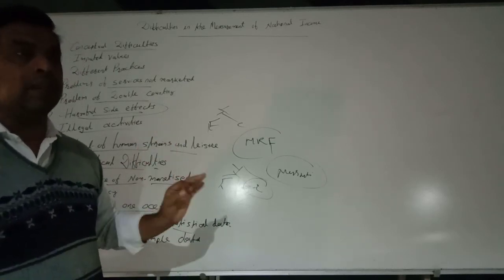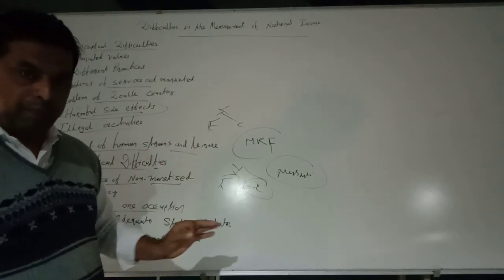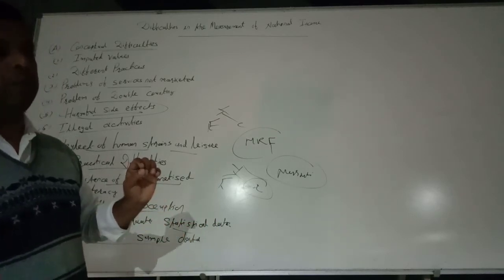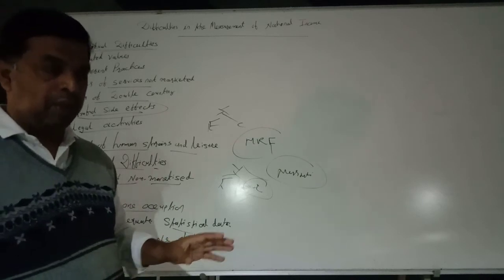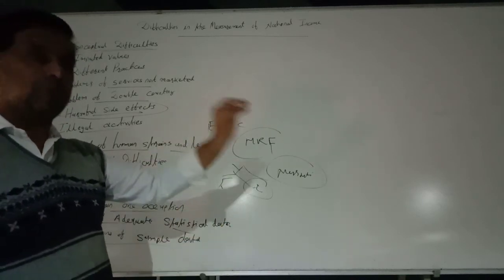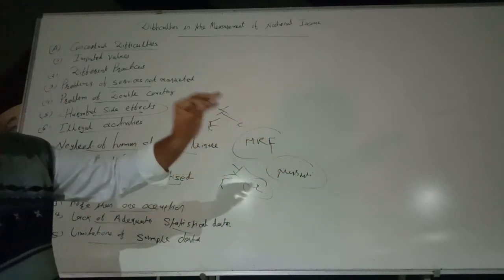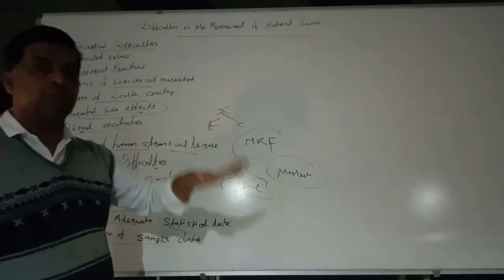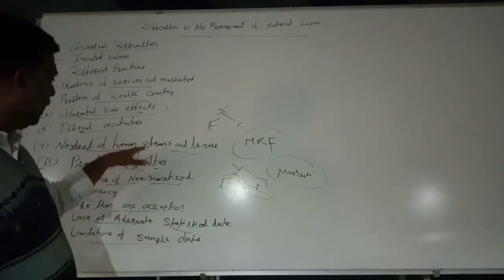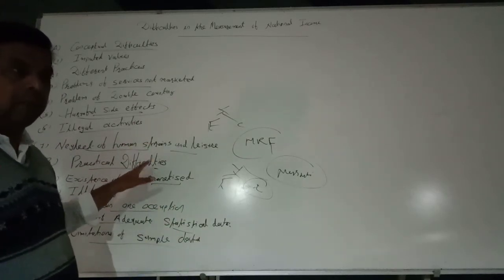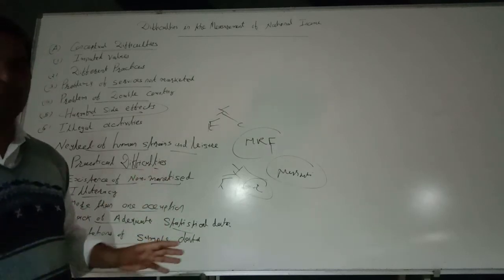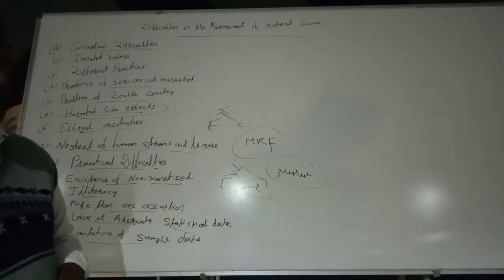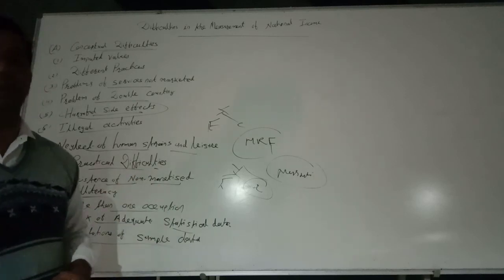Listen attentively. National income is a macro variable, a macro concept. So calculating national income is a very, very difficult task. There are two types of difficulties: conceptual difficulties, where the committee has to decide what is to be included in national income and what is not to be included, and the practical difficulties. While calculating this data, the committee has to face certain limitations, certain difficulties. These are known as practical difficulties.